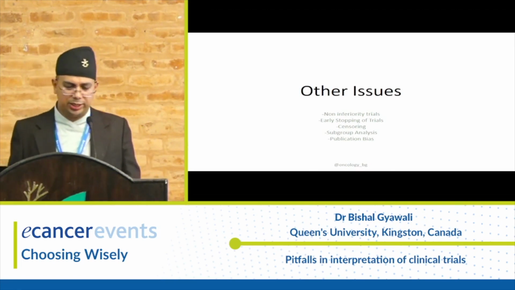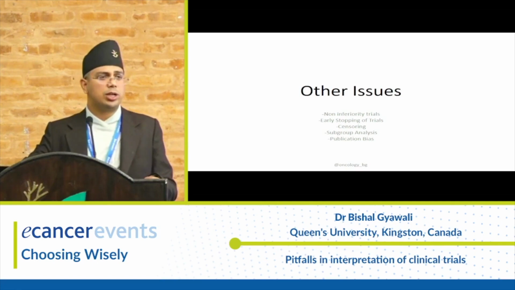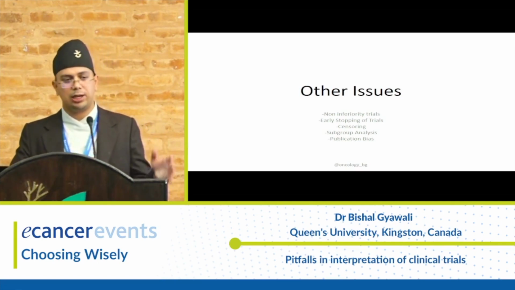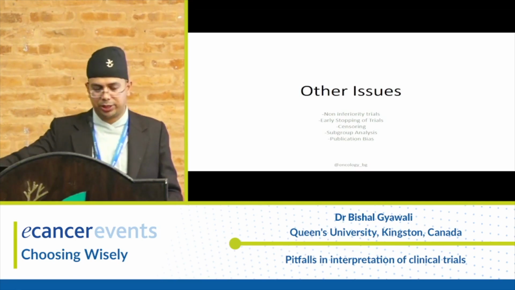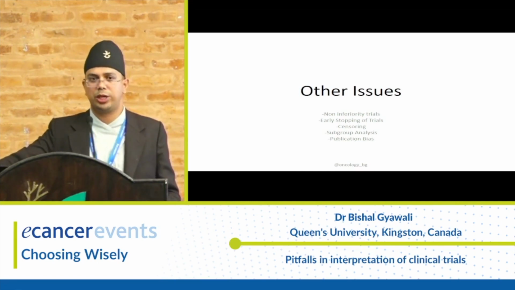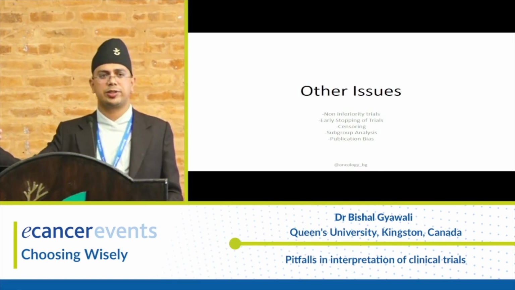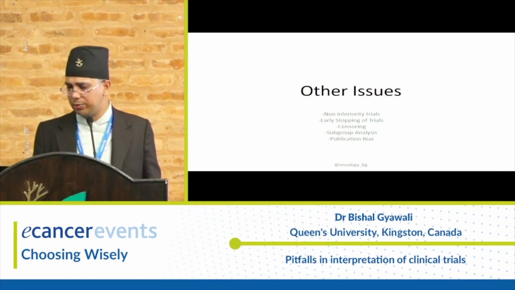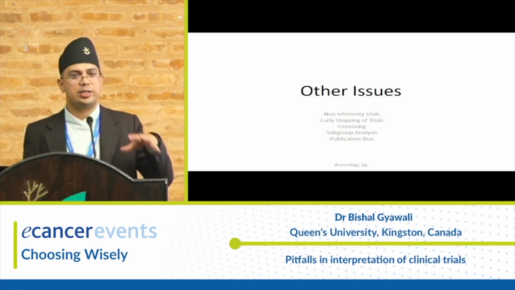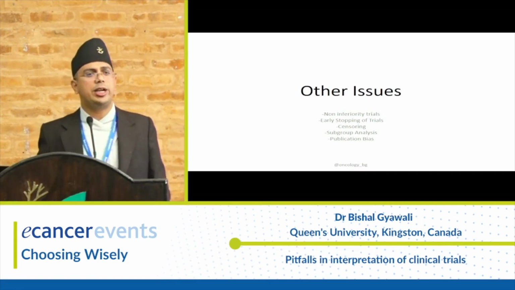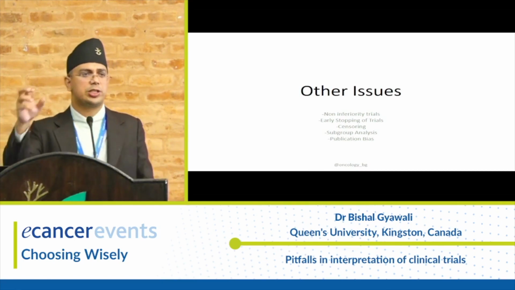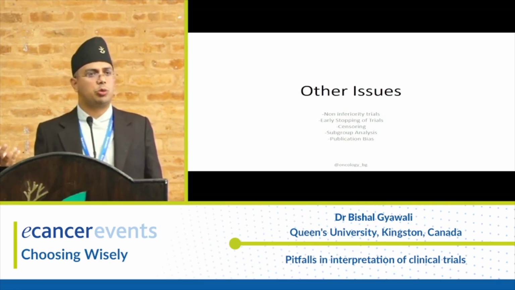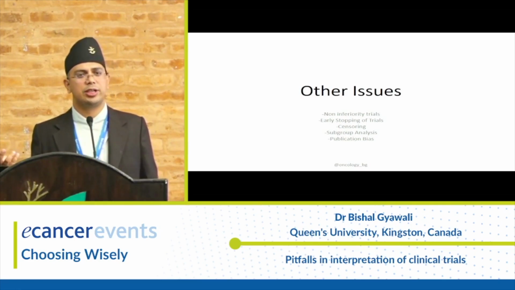So publication bias can happen in several ways. One is obviously not publishing negative results. And that's how I'll talk about this in my talk tomorrow about how to do a systematic review as well. Because if you don't publish the negative studies, then the evidence base becomes skewed. But another example of publication bias in oncology is about quality of life data. They give you the results of survival or PFS. They don't tell you the results of quality of life. So you keep wondering what happened to quality of life for the patients. And sometimes they don't publish at all.